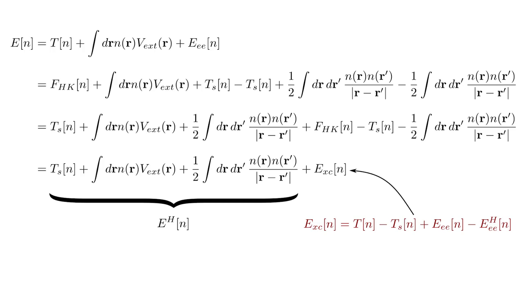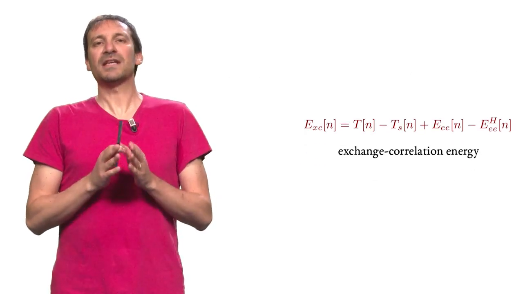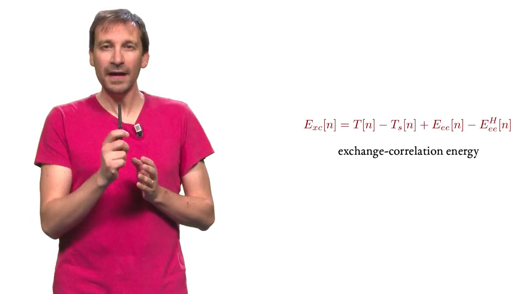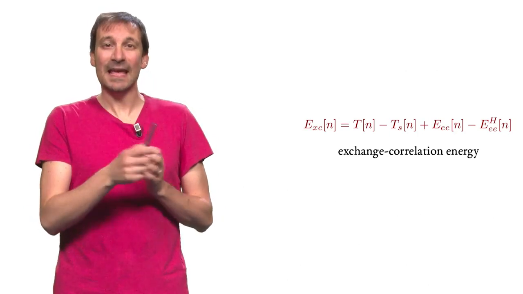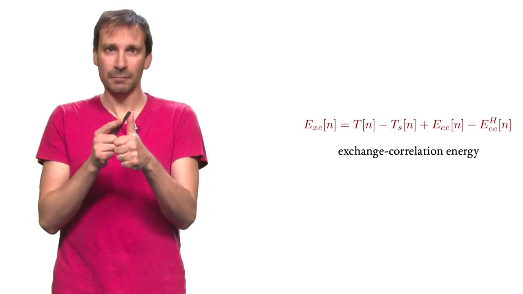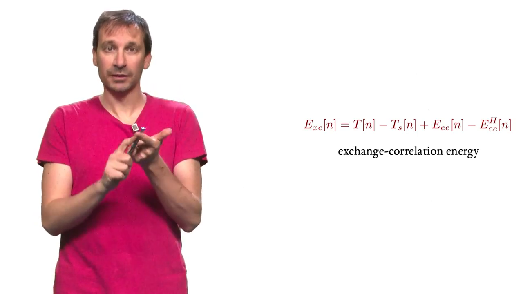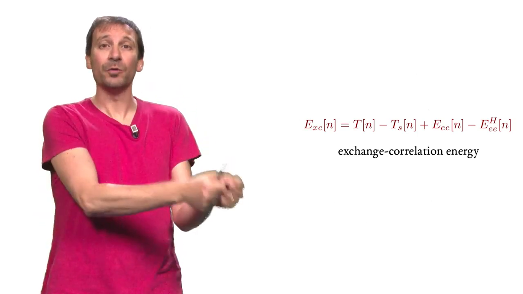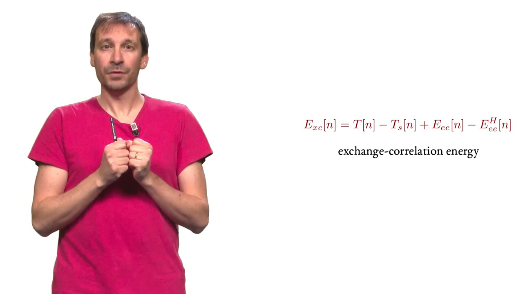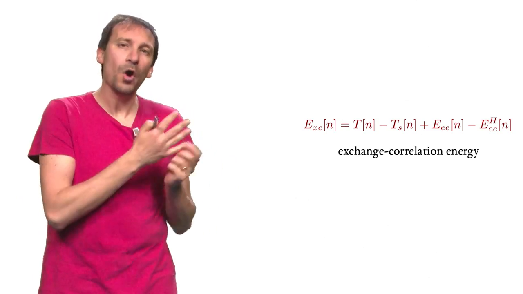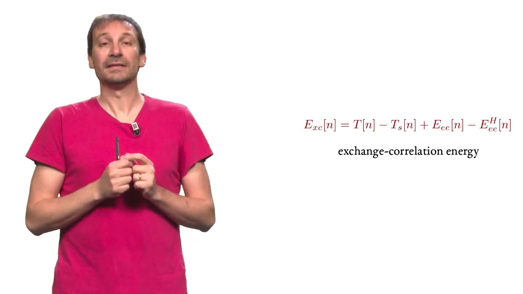And let's call this extra term the exchange and correlation energy functional. It seems just a reordering, but by explicitly taking everything we know, the kinetic term of non-interacting particles, external potential, Hartree energies, out of the universal functional, we are now left with a hopefully smaller quantity